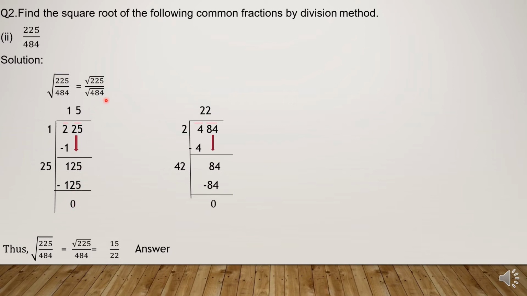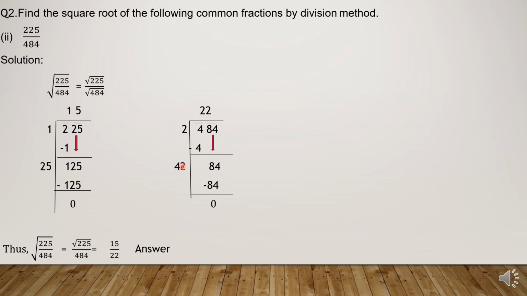Similarly, we will take square root of 484. First of all, we will make the pairs from right to left. Now, in the first pair we have the single digit 4, so we will guess a number. We multiply it with itself and we get a number that is equal to or smaller than the first pair. 2 2s are 4. 4 minus 4, 0. So there is no need to write here 0. The next pair, the complete pair, will come down, that is 84.